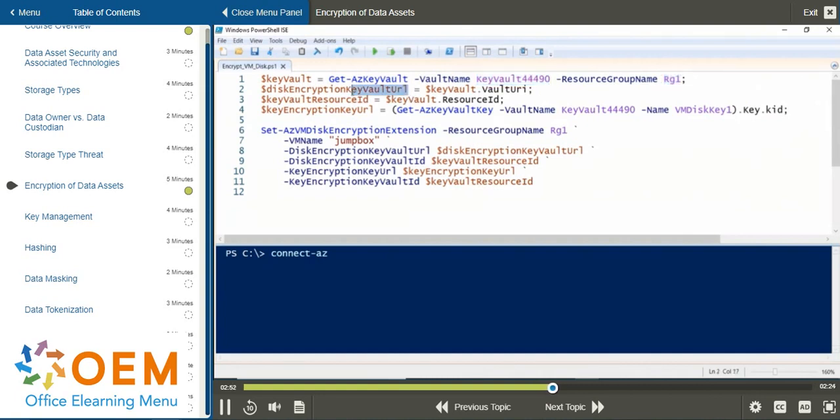Next, I'm getting the disk encryption key vault URL, because now that we've got the key vault variable from line 1, I can call upon the .VaultUri property. And so that will then be stored in the DiskEncryptionKeyVaultUrl variable. Then I'm creating a variable